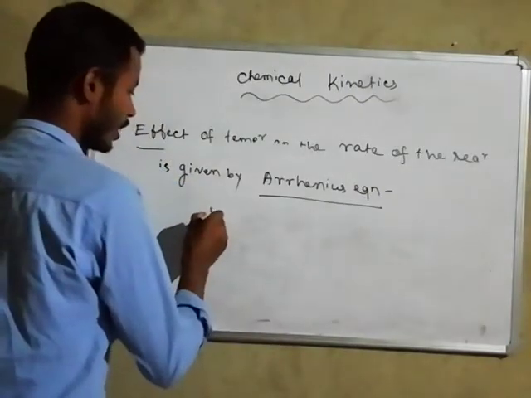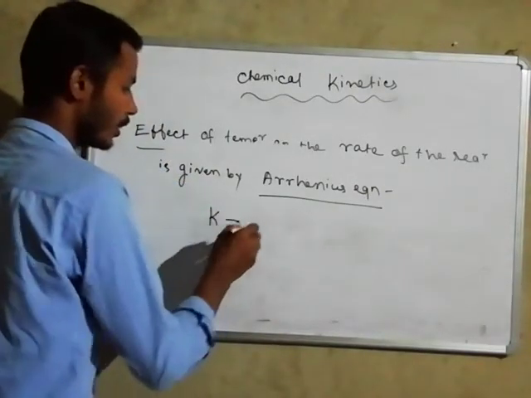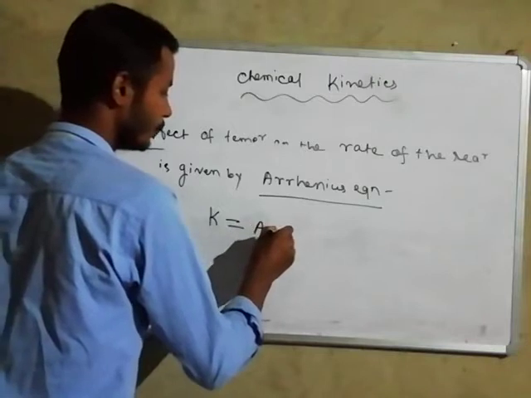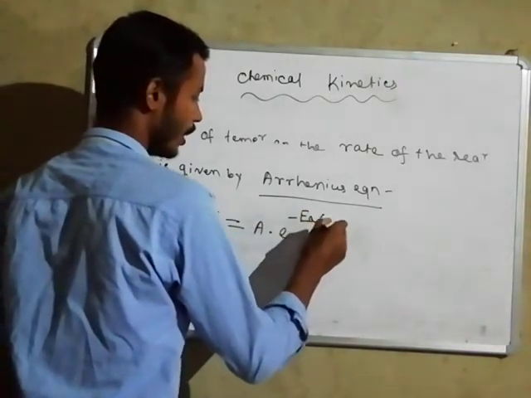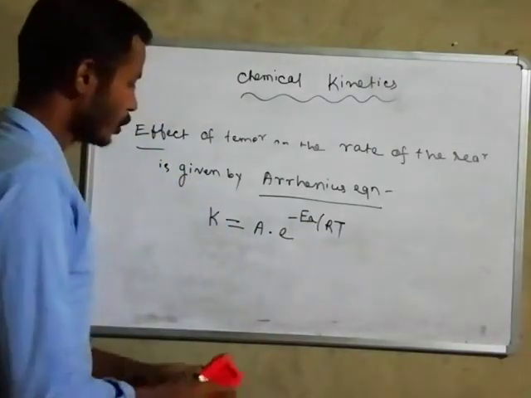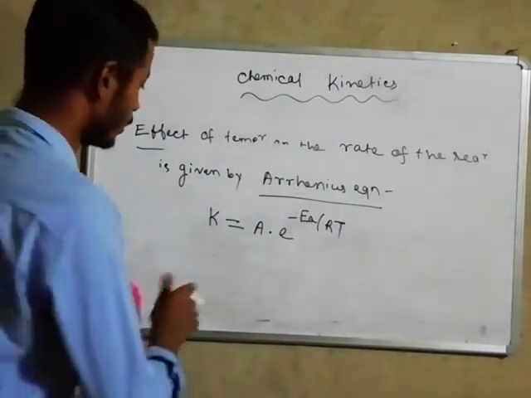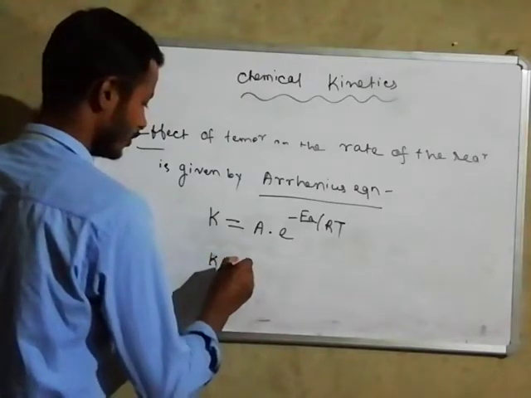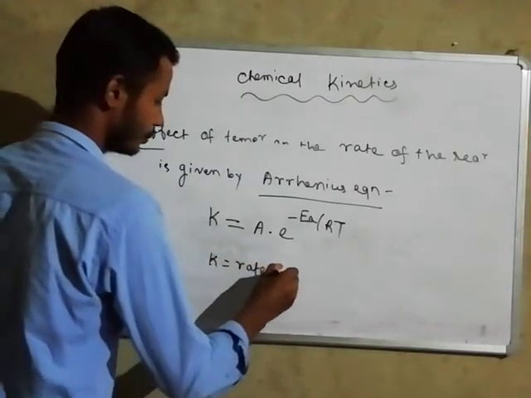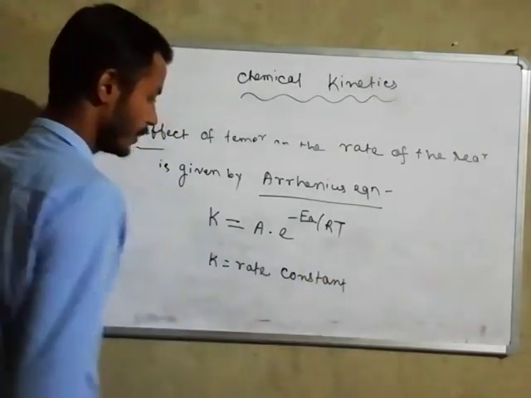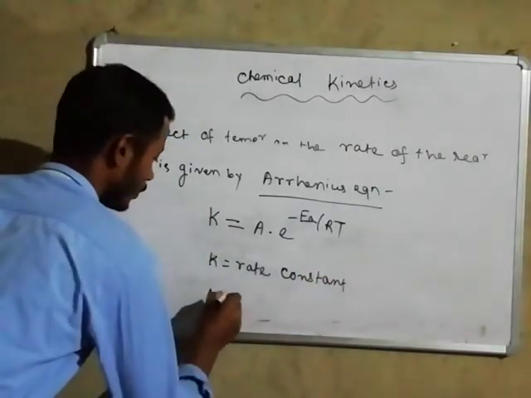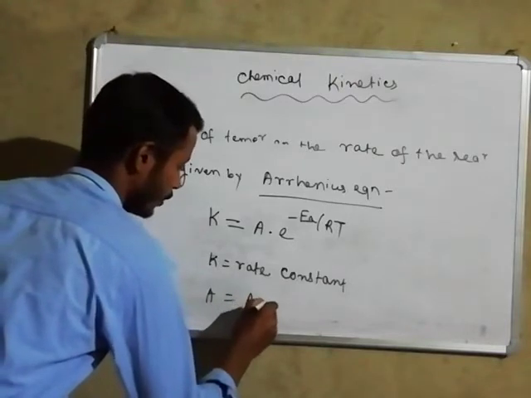So what is the Arrhenius equation? K is equal to A into e to the power minus EA divided by RT. So here, what is K? K is the rate constant. A is the Arrhenius factor,